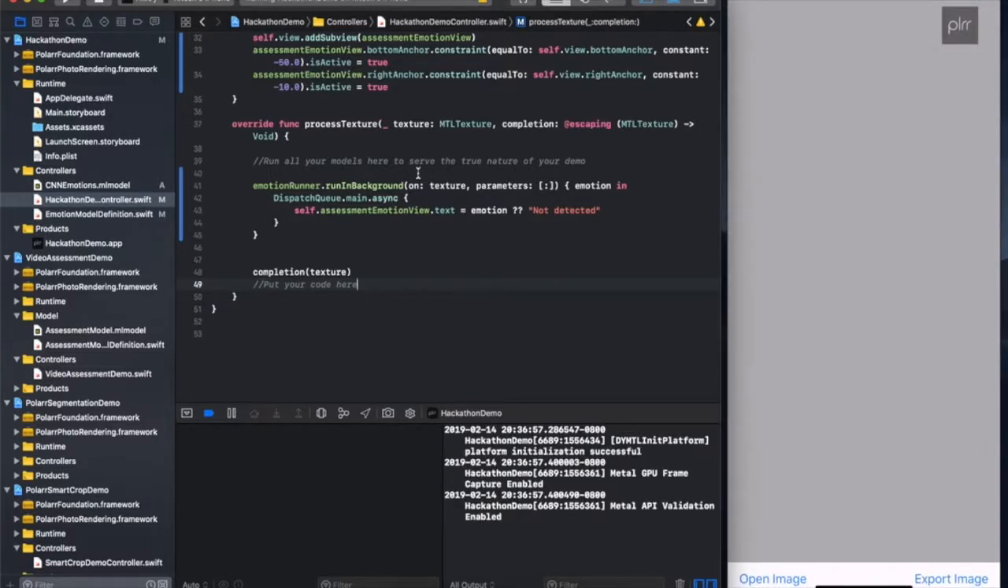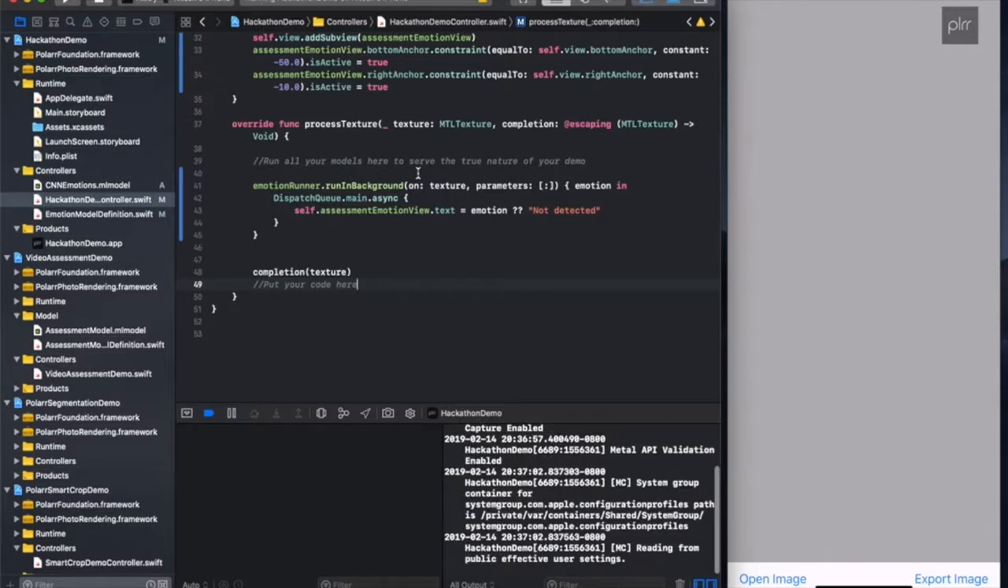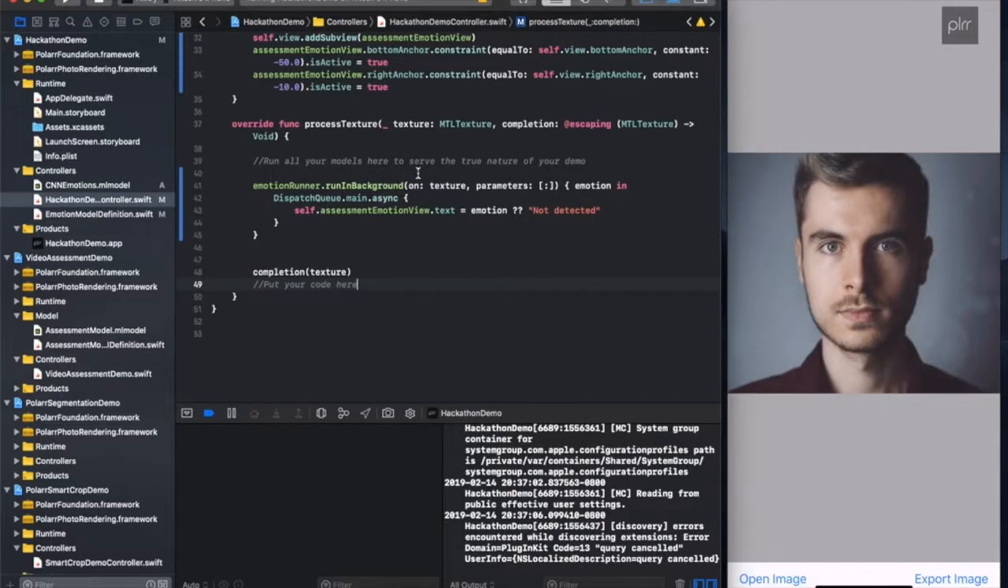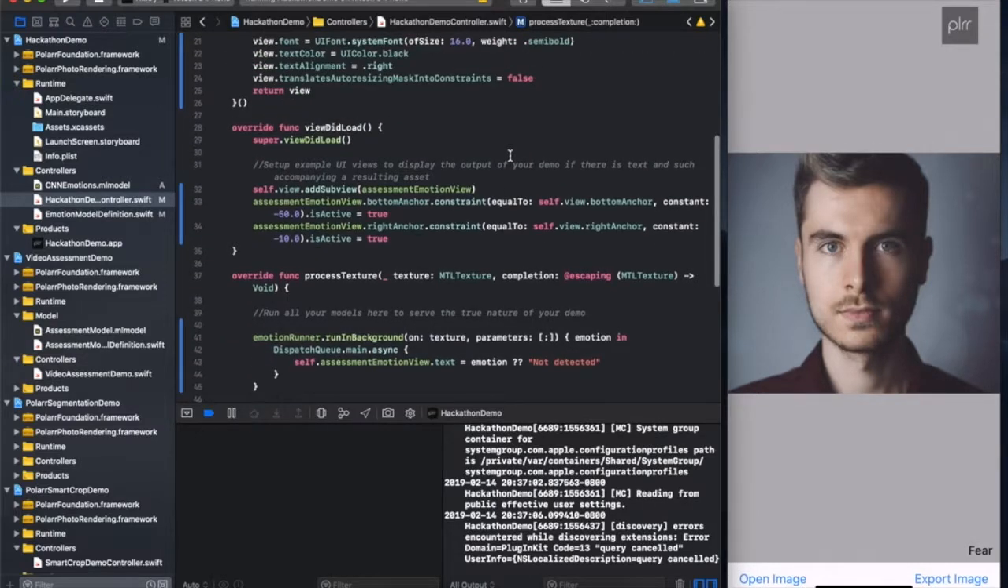This is the still image demo. We can open an image, upload a simple picture, and we'll see an emotion output over here, fear. That is emotion running successfully under Polarr Foundation's